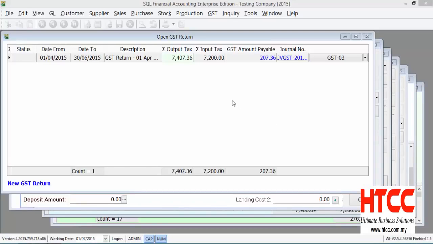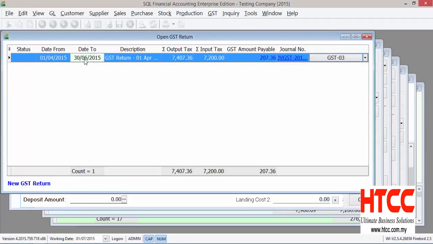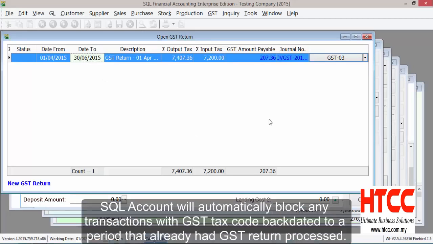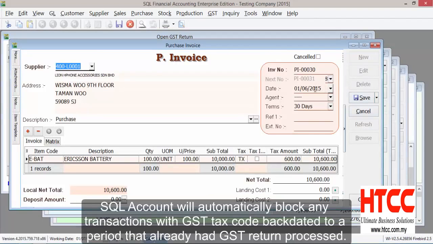Now, I'd like to show you in SQL Account how we do a GST set tax date. As you can see here, we already did a GST return from April to June, a 3-month cycle, and we already submitted our GST03 to Customs. Once you have done that, as you probably would know, whenever you try to backdate a transaction to June,